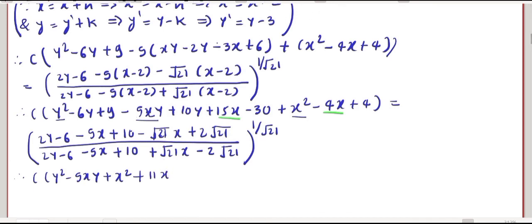Now taking y common from these two terms, we get plus 4y, and from the remaining, that is plus 9 minus 30 plus 4, we get the value minus 17. That is equal to, we have